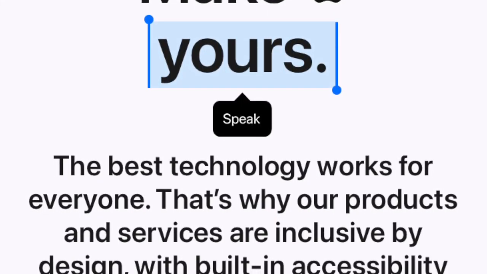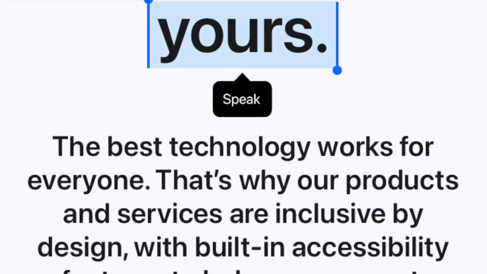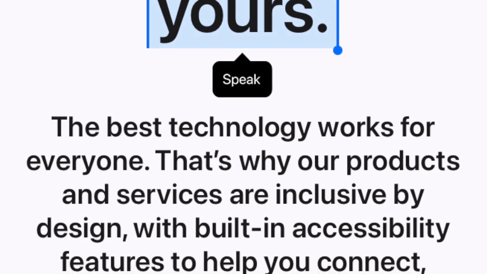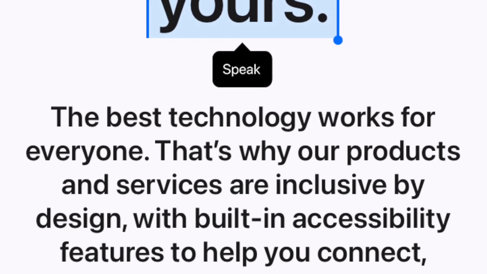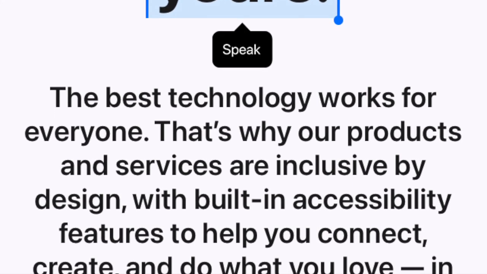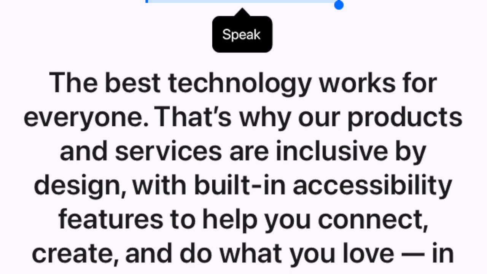VoiceOver is amazing, and Apple has done a phenomenal job not only in building a screen reader, making a platform like theirs accessible, but changing the paradigm for the world and the way screen readers were viewed and accessed by people who are blind. For more information, visit